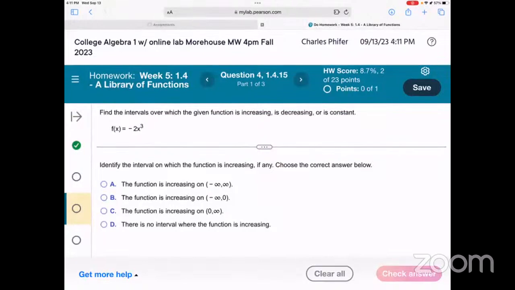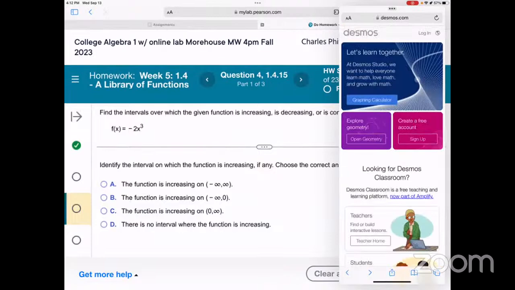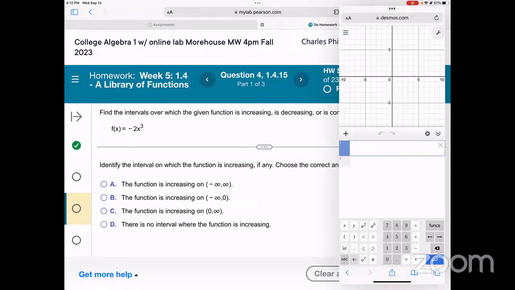Suppose you don't have a graphing calculator, you can use this site called Desmos.com. It's free. You just go to Desmos.com. When you go to this site, it looks like this. You just click on graphing calculator, and then it'll bring you here, right? So if we want to look at the graph, I'm just going to type in f of x